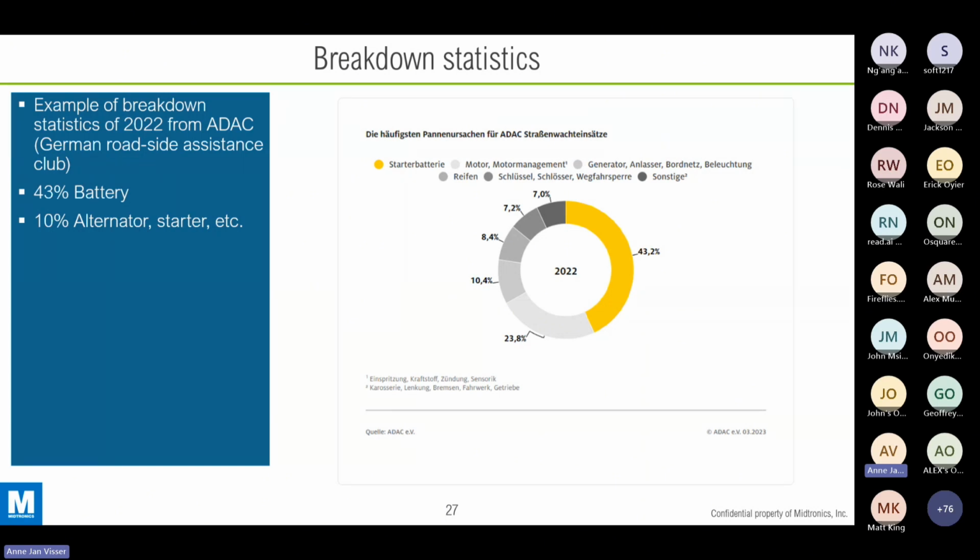Every year, they publish the most common problems they see when they arrive at a vehicle breakdown. And every single year, the starter battery is by far the highest percentage in that list. As you can see, this one is from 23. I think the statistics are from 22, when they published it last year. 43% of all the breakdowns, 43% of all the time they got out to a breakdown, there was a problem